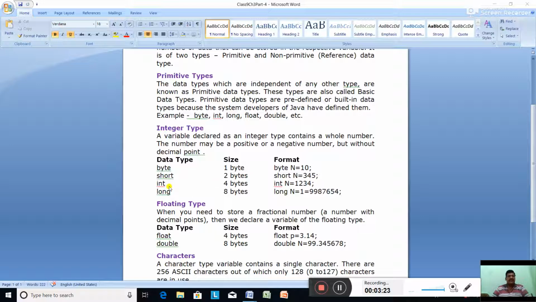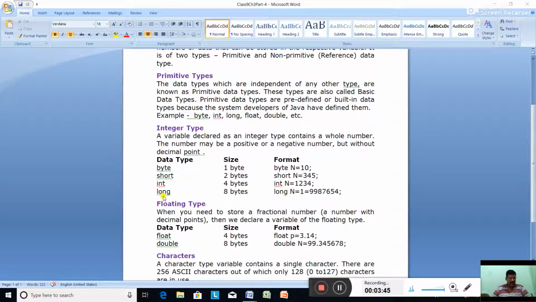Then the int data type. It takes 4 bytes. 4 bytes means how many bits? 32 bits. 4 bytes means 8 into 4, 32 bits. Like int n = 1234. The largest integer data type is the long data type.